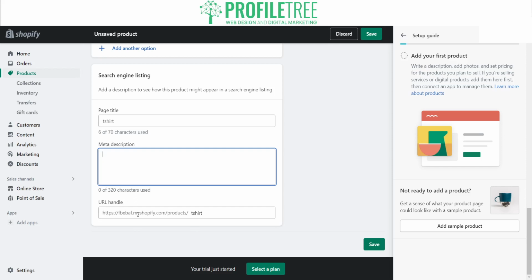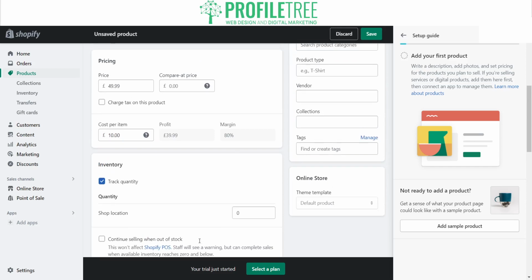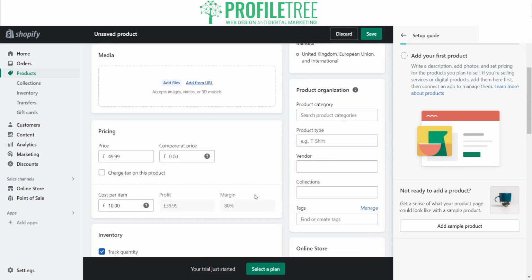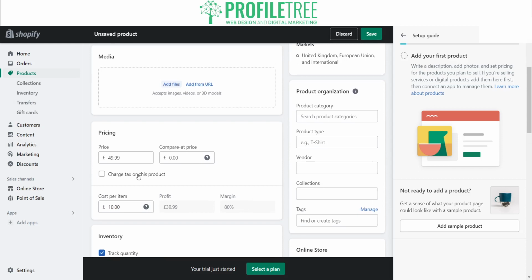That's how it'll come up as a URL. So of course you would have your store, your proper domain name. Just like us, if you see https://profiletree.com and then /products/t-shirt, that's how that could be selected. So once you've got your products all aligned and you've got everything sorted there,